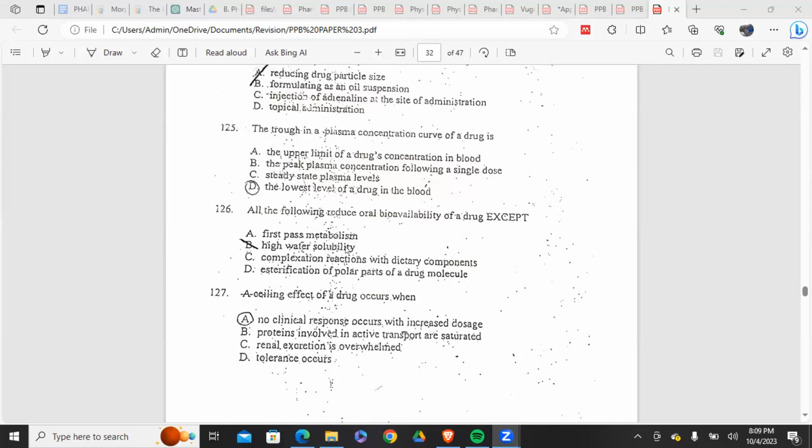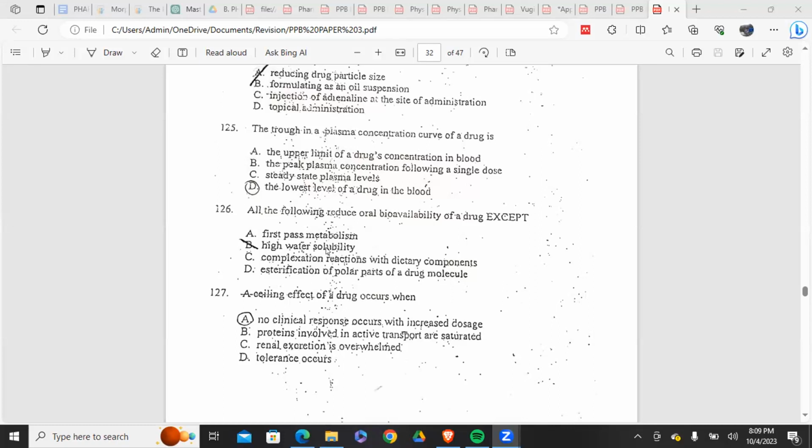What even impact does it have on bioavailability if a drug is more soluble? In fact, would it reduce? Let us think dissolution. Si tuna swali nauliza oral bioavailability. High water solubility. If your drug complexes, the bioavailability of the drug itakuwa low. So C is okay. A is okay. Esterification of polar parts of a